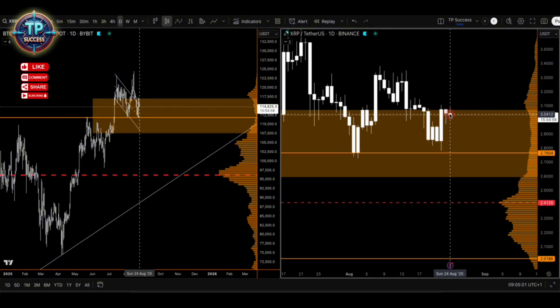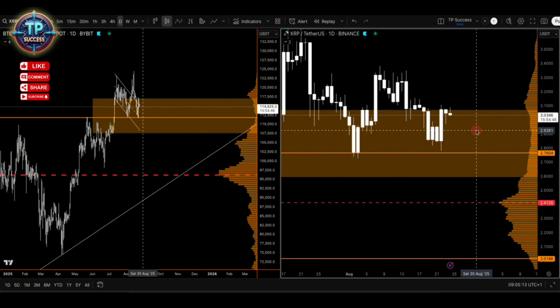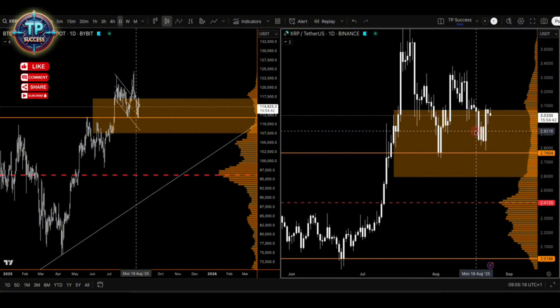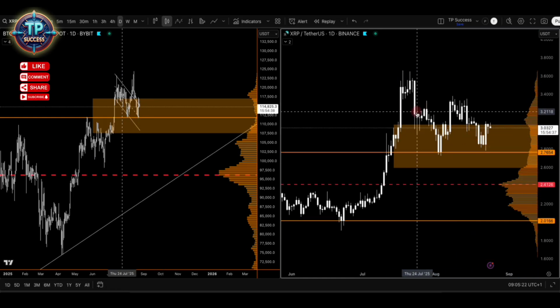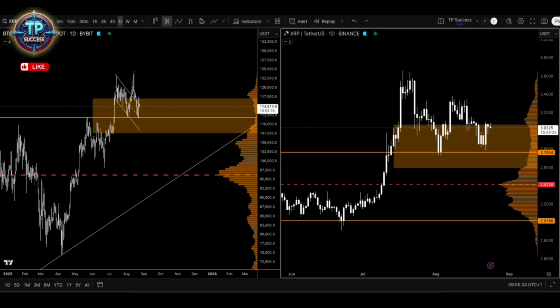Because I believe price right now, where it's opened, it's going to come all the way down, and it's going to fill this wick over here. Okay, then it's going to push up again, and then we may get a close above the low volume node today. This is what I think could happen today. If this happens today, then I believe that for the rest of the week it's only going to push higher and higher and higher, and the current all-time high,